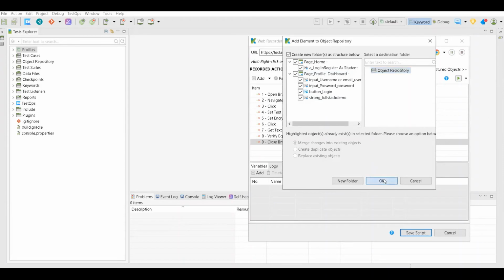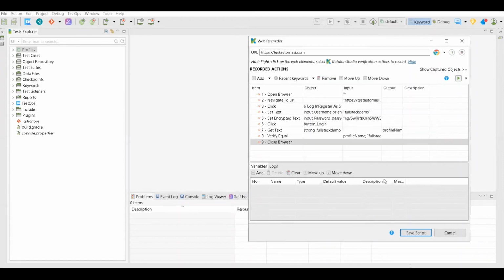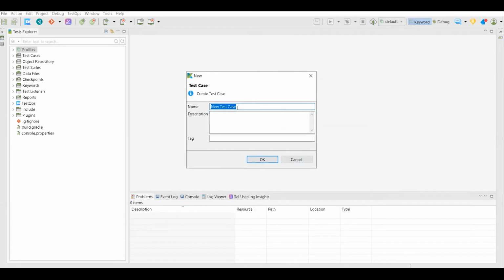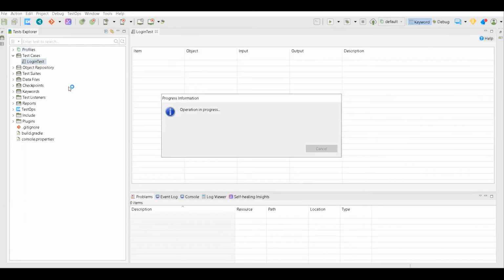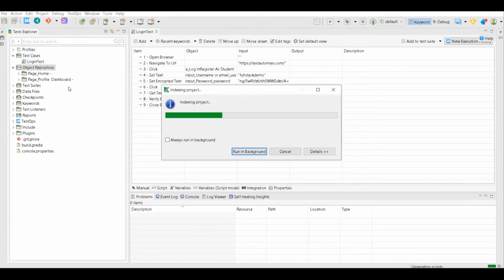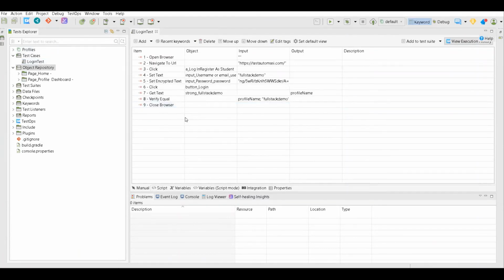Now, if I click on this, let's say create a test case, login test. You would see after some time all those XPaths, all those locators are added in the object repository, just like we were doing in a separate class, if you remember. Can you see the same structure at your end also?